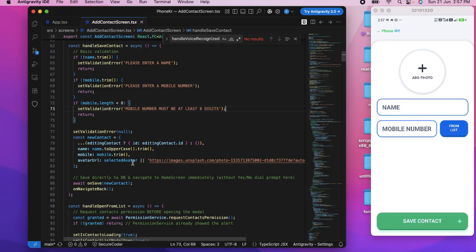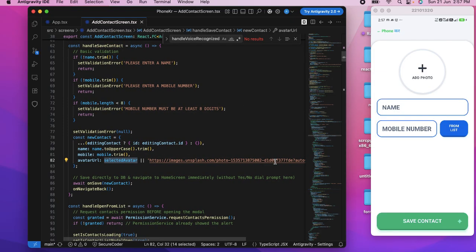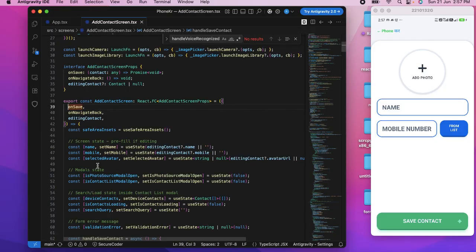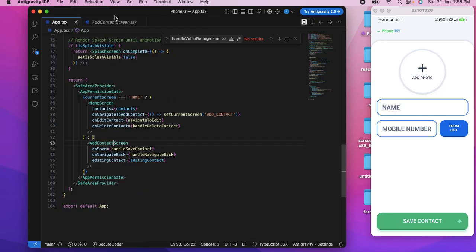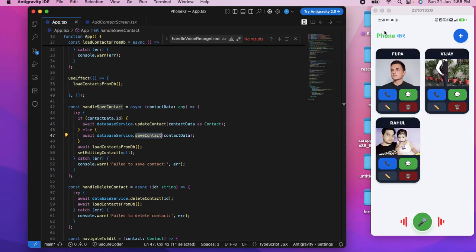If we don't have the avatar image, then we are showing the static image here, and then we are calling the on save button. Okay, and this home save button will go to the home screen, and it's calling the update contact and save contact functions. Okay, so we are done with this screen. Let's go back to the previous screen.